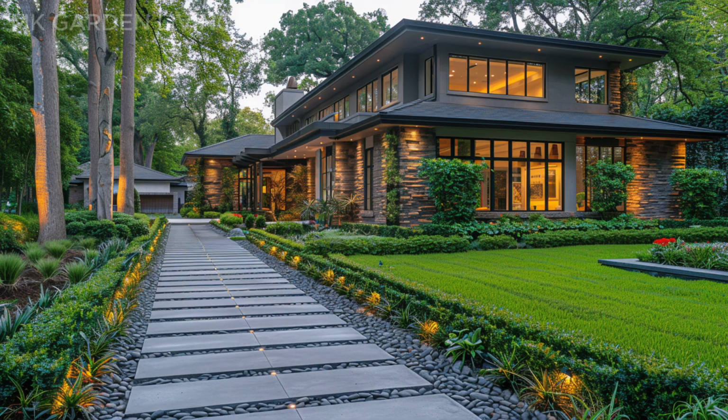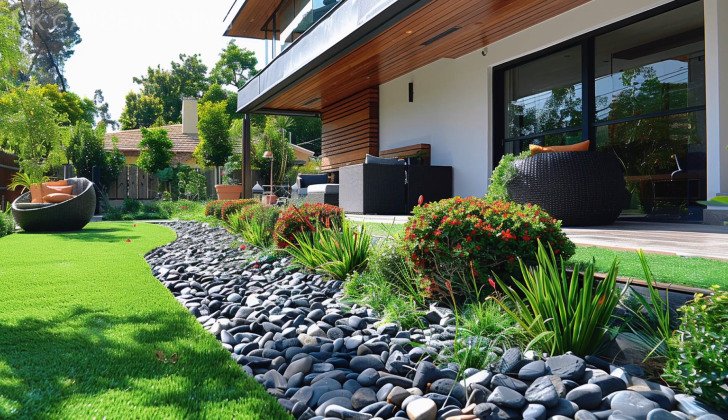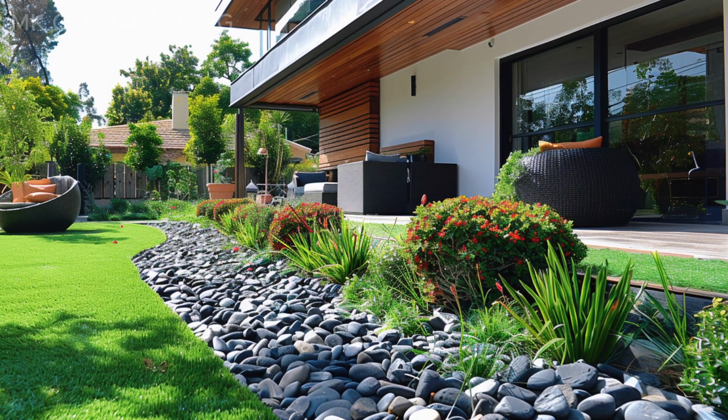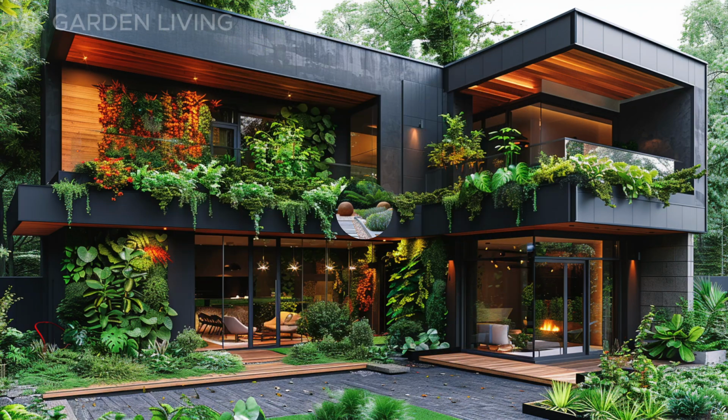A sprawling modern home nestled within a lush, landscaped garden. The home features a contemporary design with a mix of gray stucco and stacked stone accents, large, dark-framed windows, and a dark gray roof. The landscaping is meticulously maintained, with manicured hedges, well-defined gardens, and a paved pathway leading to the house. The pathway is made of large, rectangular gray stone slabs bordered by a bed of small, smooth gray